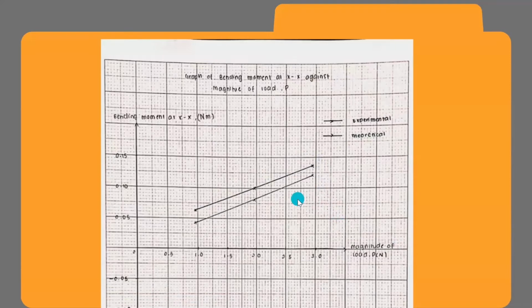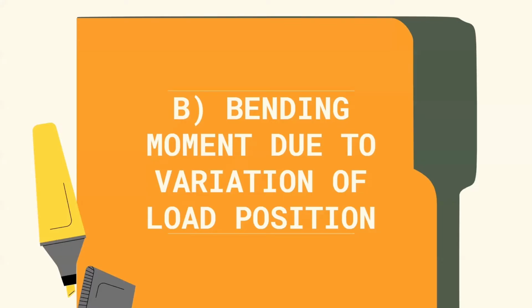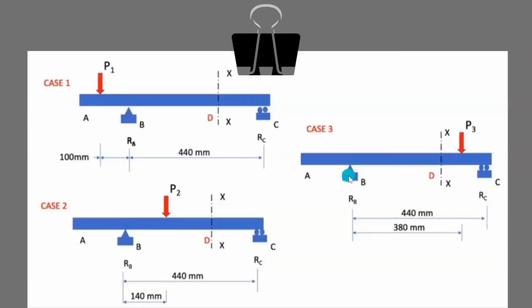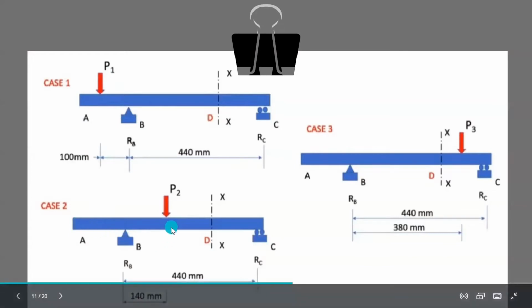The differences between the experimental and theoretical values may happen due to errors that occur during the experiment. Next is the bending moment due to variation of load position. There are 3 cases for this, where in the first case, the load applied is between A and B, in the second case, the load applied is between B and D, and in the third case, the load applied is between D